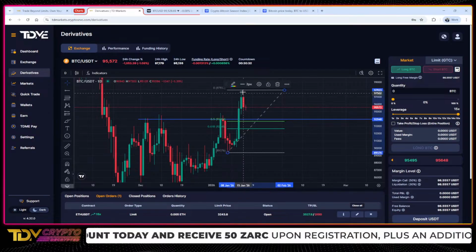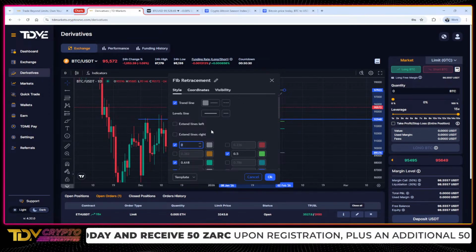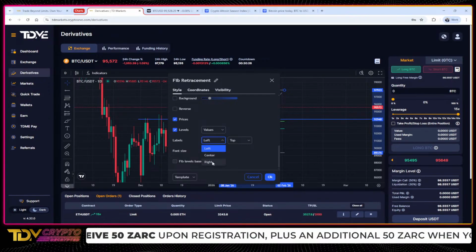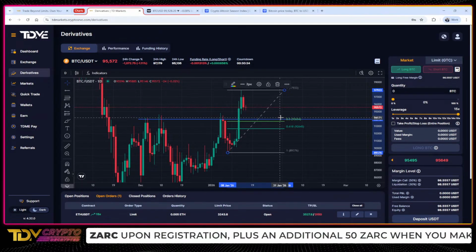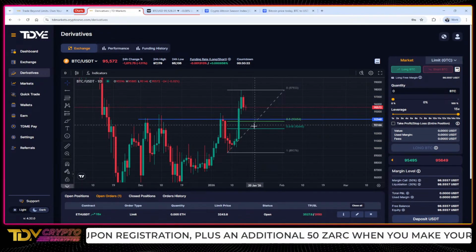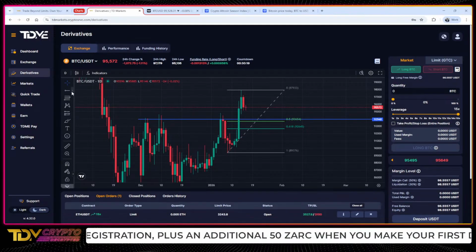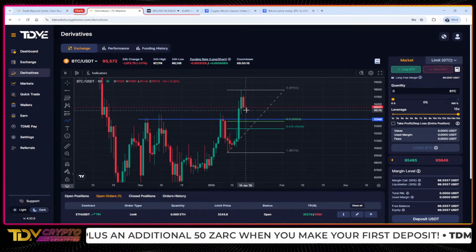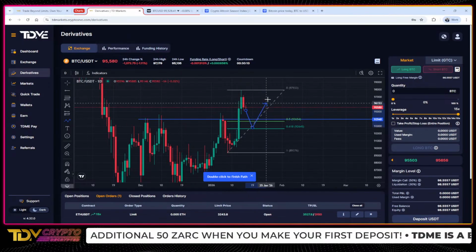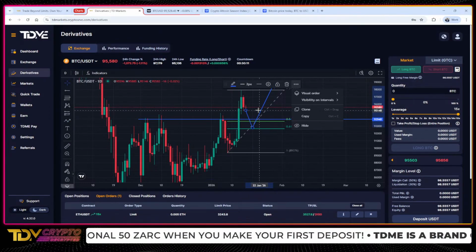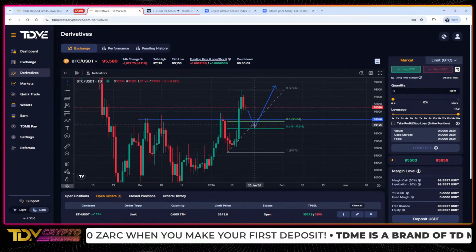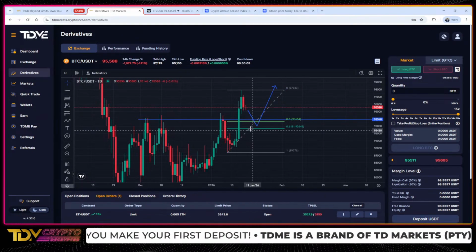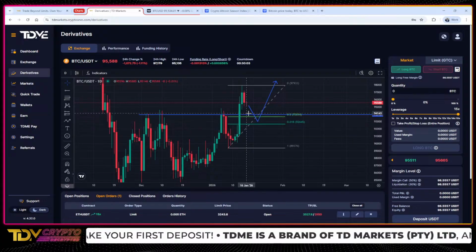All right, so the 50 and the 61.8 of this Fibonacci retracement is right here, right? So the plan here would be to wait for this to come back down here and then do this. That would be the plan. So I'll be looking at Bitcoin to come back down here.